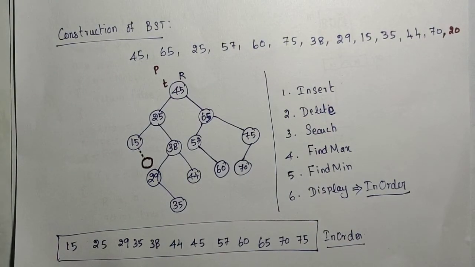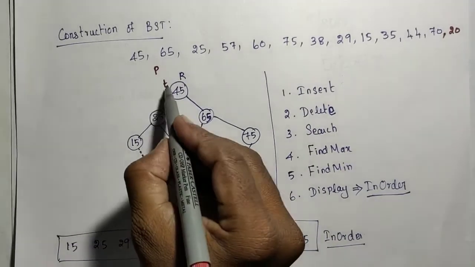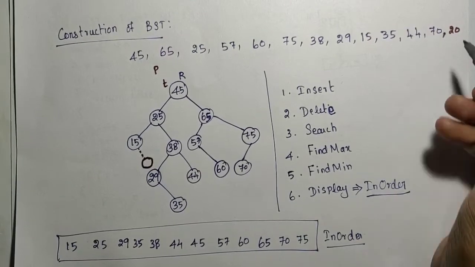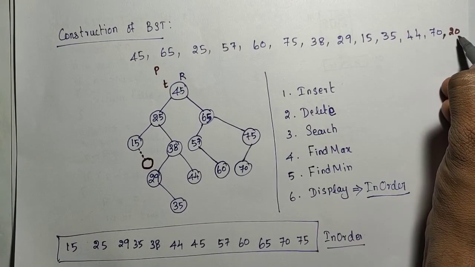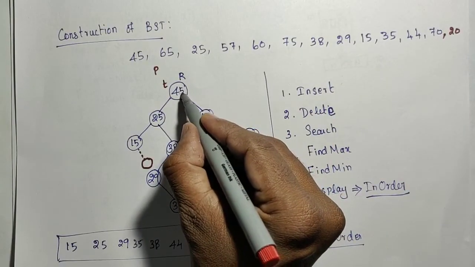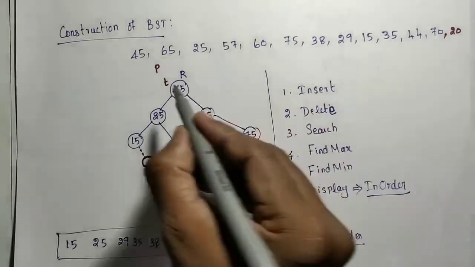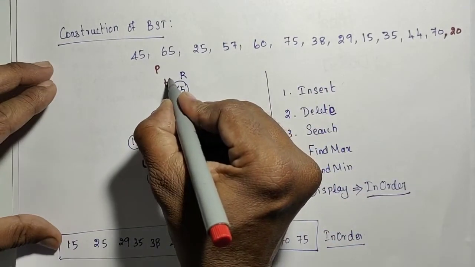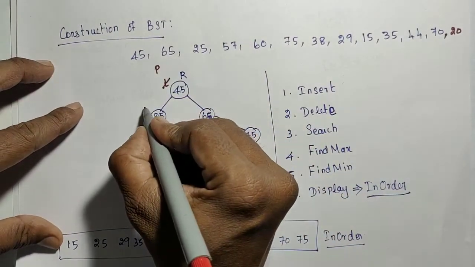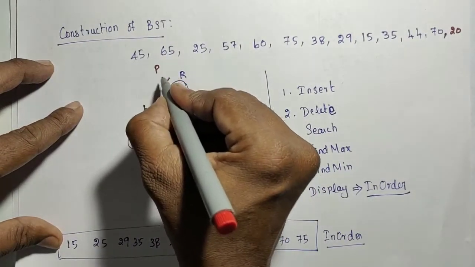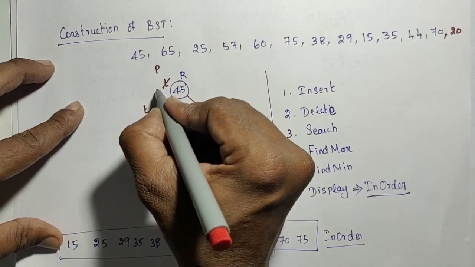In a linked list, t is always moved in a single path, but here t will be moved either to the left side or the right side, based on the new element and the existing element. So 45 and 20, 20 is lesser, so I need to move t to the left side, so t will be moved to here. Before moving t, p should be updated with the current t. Because